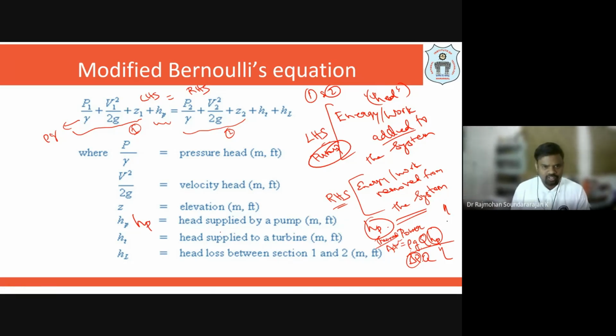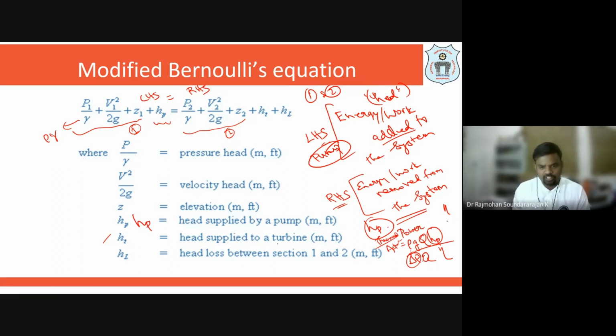Now, what are the losses, the head losses? As I told, if the work is done by the fluid, we supply some of the energy. Head pressure is converted into turbine work, because when fluid from a dam is transported through penstocks, it makes the turbine rotate. Some of the energy is supplied to the turbine, which we will not be concerned about in this chemical engineering course, but civil engineers will be, because they study thermal power plants or hydropower plants.